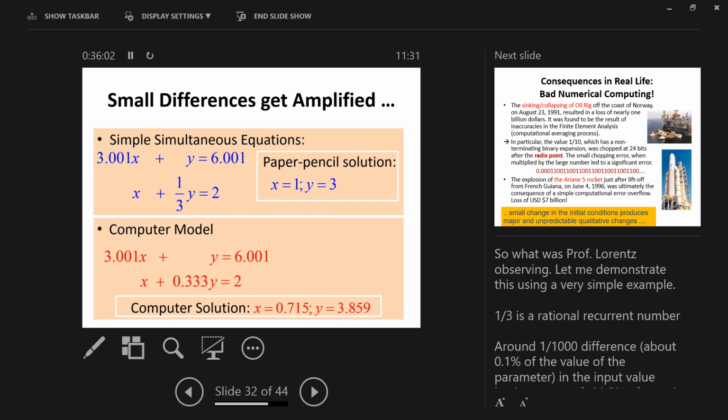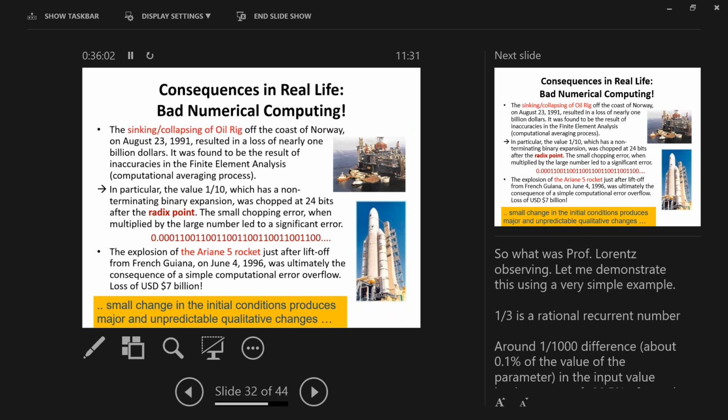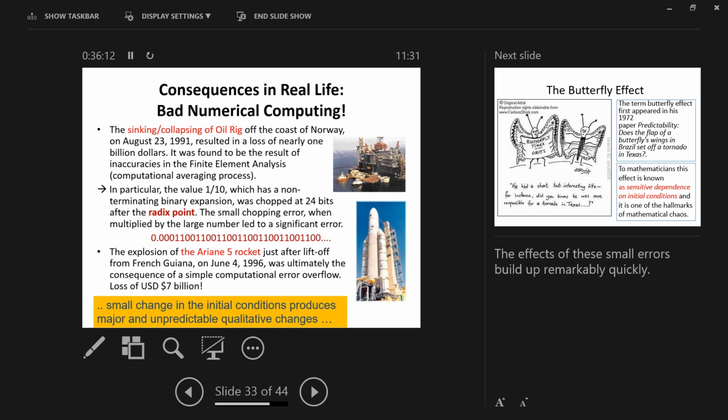Of course, those were simple simultaneous equations. Can you imagine large numbers of equations, not just simultaneous, perhaps even nonlinear equations, more complicated ones,